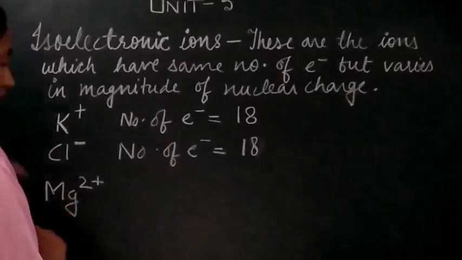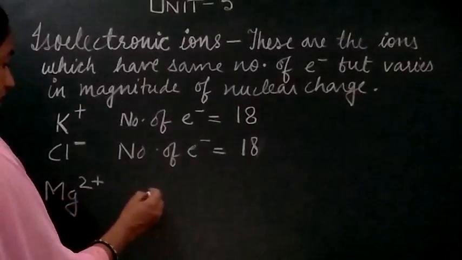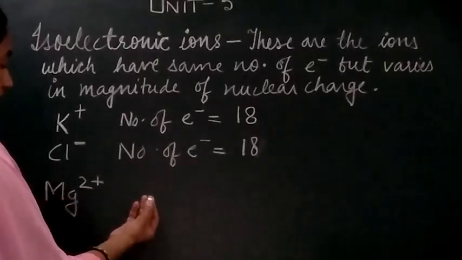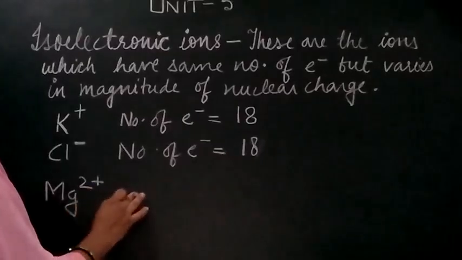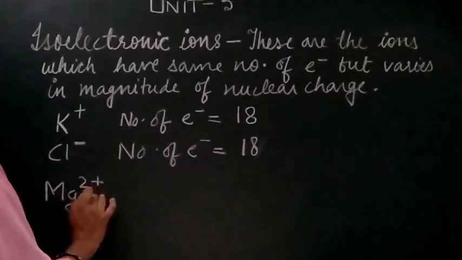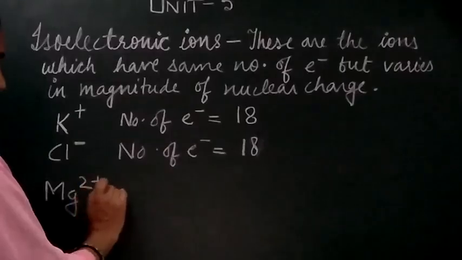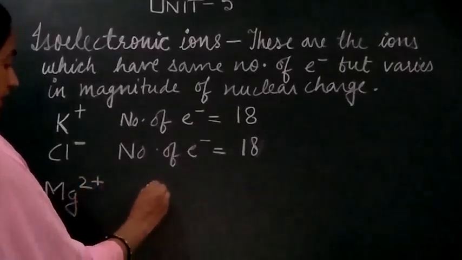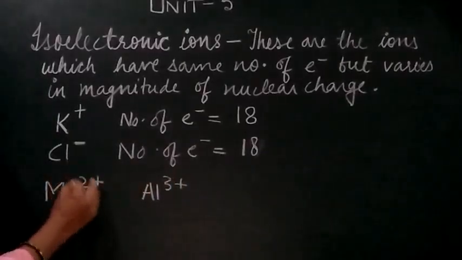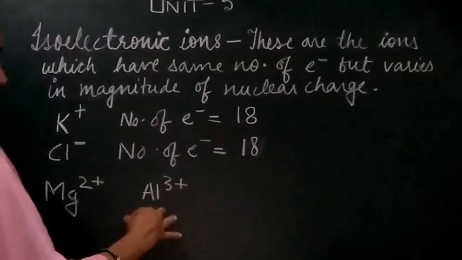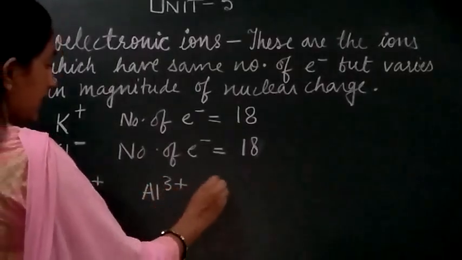This is the magnesium ion. Then, taking an example across the same period, let it be aluminum 3 positive. Students, you are supposed to arrange these. So we are taking here the magnesium ion, aluminum ion,